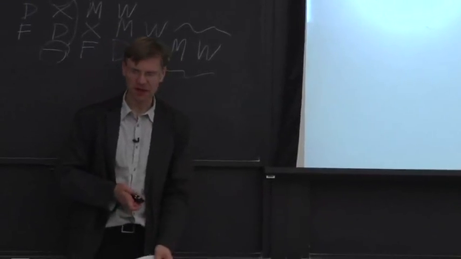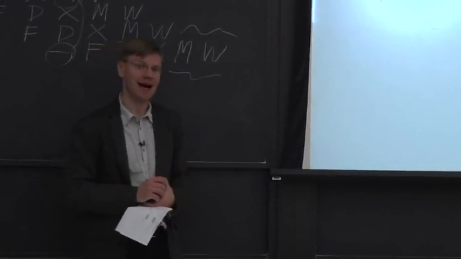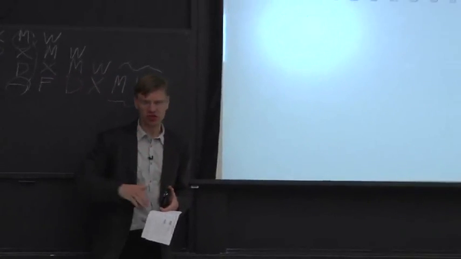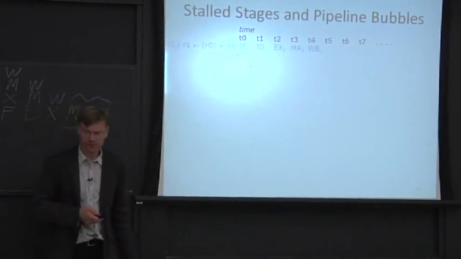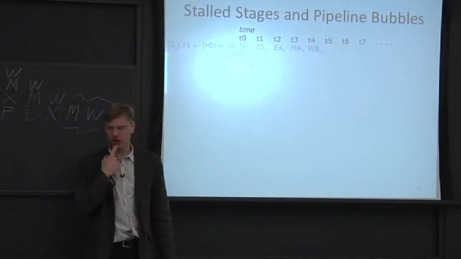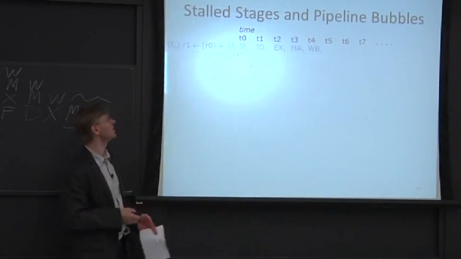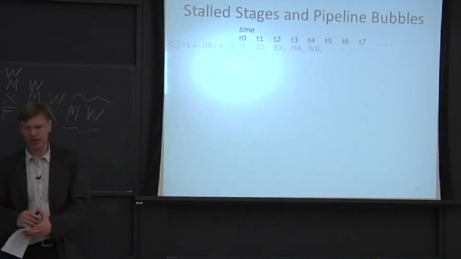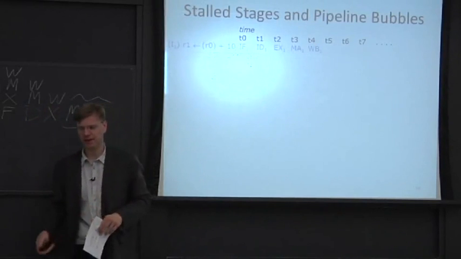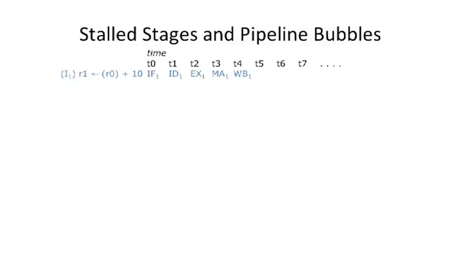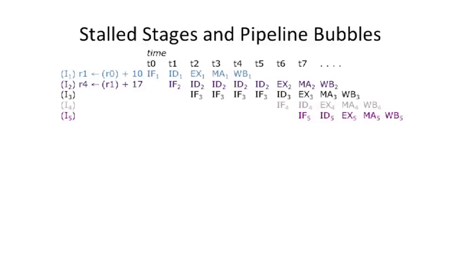OK, so let's draw a pipeline diagram of what's going on here. We're going to plot time on the x-axis and instructions on the vertical axis, and we'll look at the resource graph also. OK, so we have our first instruction going down the pipe here. It takes register 0, adds 10 to it, and goes fetch, decode, execute, memory, write back. The second instruction starts going down the pipe here. Third, fourth, fifth. Well, you're going to note something here: we've stalled the pipeline